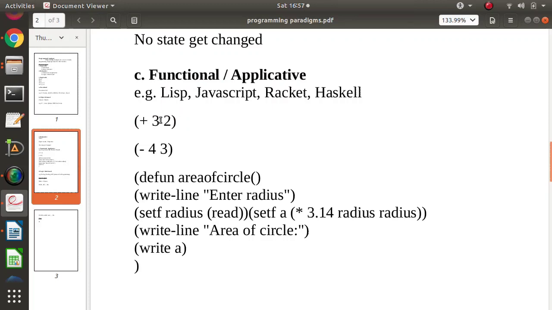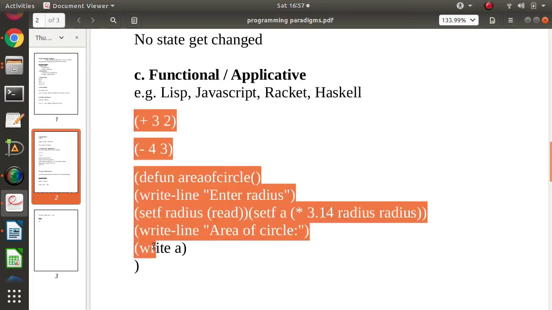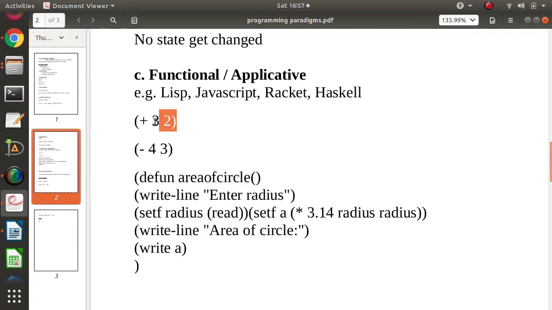For example, these are the statements I have written in the Lisp programming language. Now look at this. This is addition. For addition, we are calling a function plus. Then minus 4, 3 is also a function, for subtraction. So every statement here is a function call. Even to define a function, we use a function.